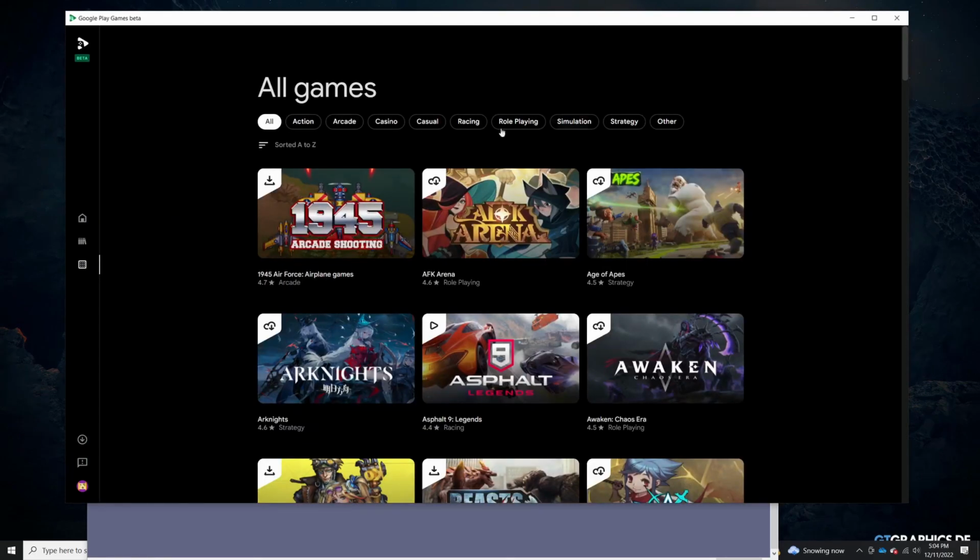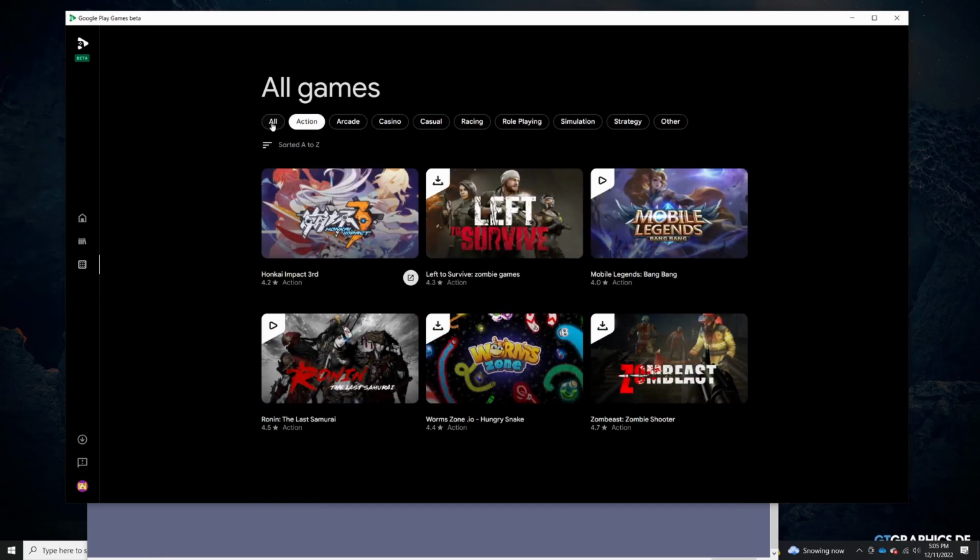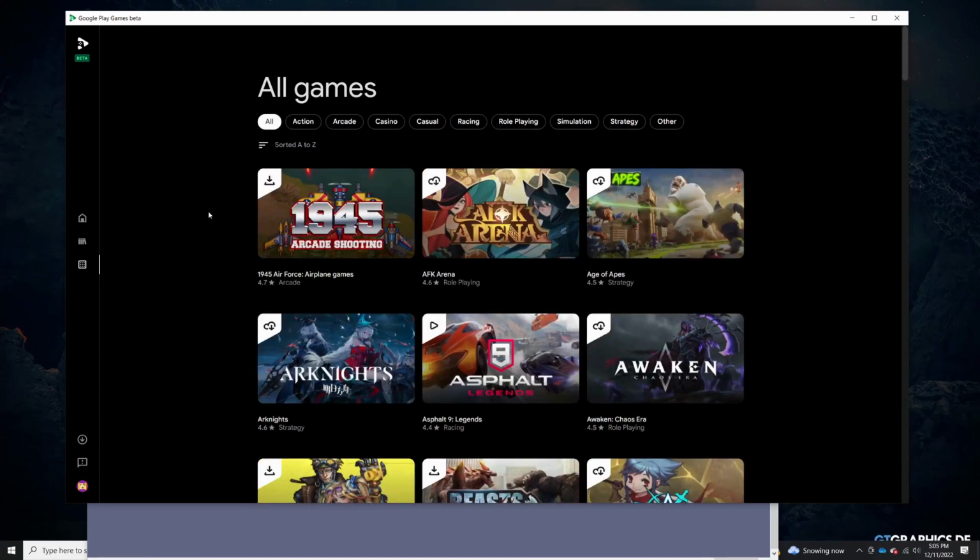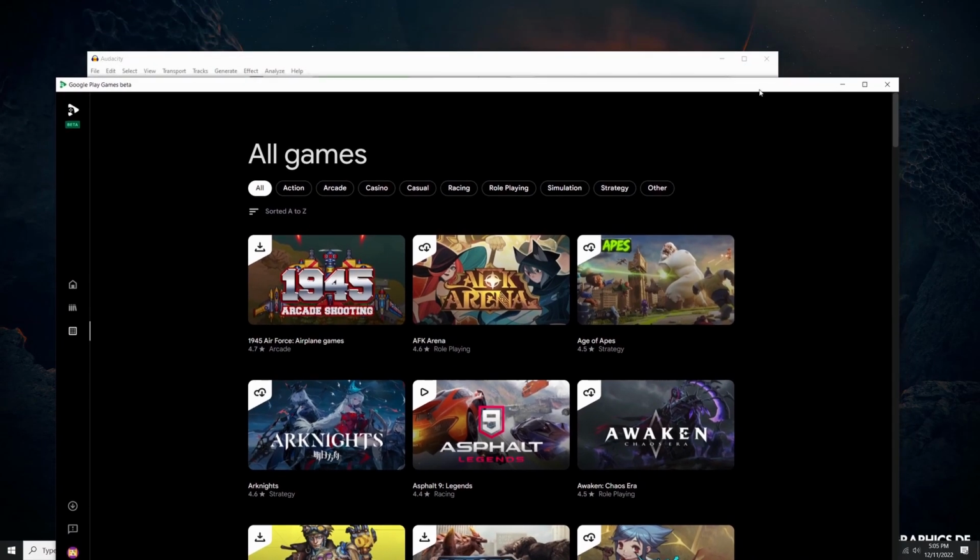If we go over to the all games section over here, we will see that we have categories at the top of the screen here. We have a sorting system to sort by A through Z, recently updated, popularity, that kind of stuff. But what you'll notice, importantly, and I did go through this beforehand, is that there's not a lot of options here, right? There are, I think, over 200 or so games on here that you can attempt to try out,